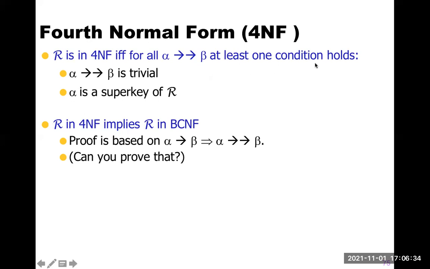So at least one condition. The first condition is a trivial dependency, that's a dependency on the whole table or a subset of the left part. In the case of pilots and work days, that's not trivial. Okay, and A is a super key of my table. So yes, pilot is probably the super key for my table. And then,